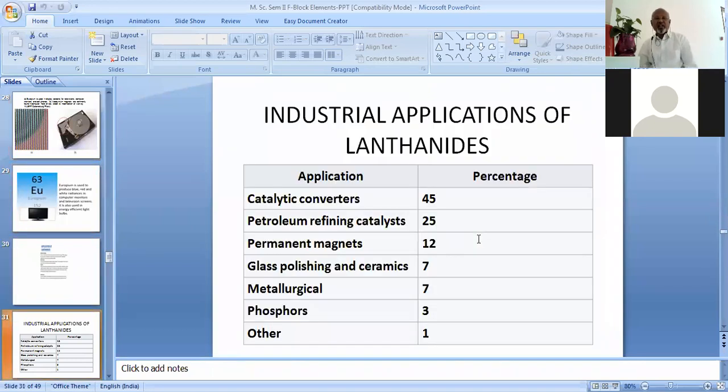There are certain industrial applications which I have enlisted here. Catalytic converter. Just a minute.